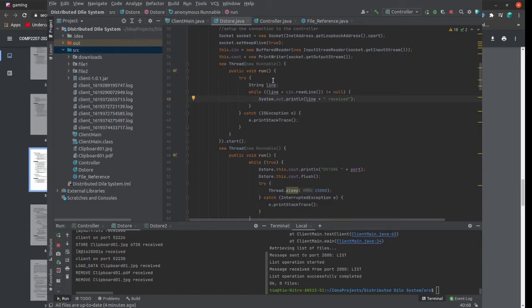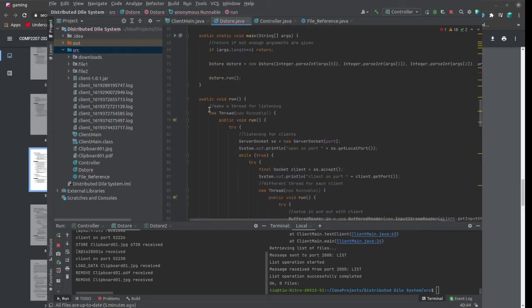Once D-store I finishes removing the file, okay, so we remove the file now, and then what it needs to do is send a remove ack back to the controller. So I'm going to put C exit there with line, and we're going to be putting this